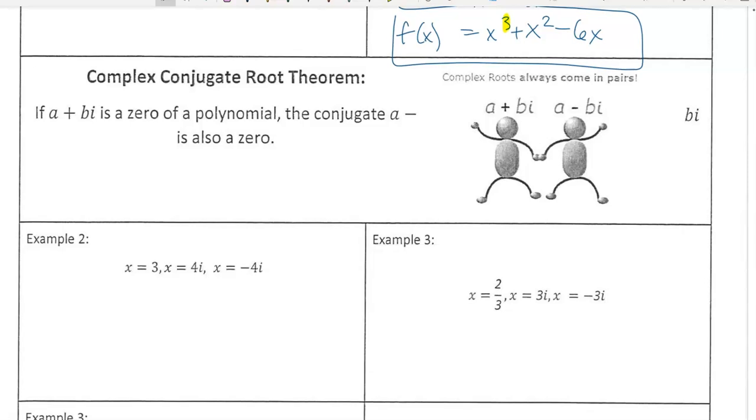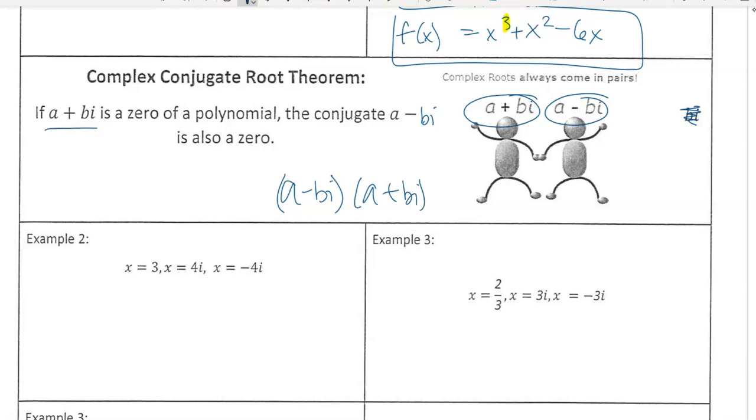Now, still following the same steps, there is a note here about the complex conjugate root theorem. It says if a plus bi is a zero of the polynomial, the conjugate a minus bi is also a zero. So we cannot have one complex root without the other. So if we have a minus bi somewhere, that means we will also have a plus bi, and opposite, just like it says. If we have a plus bi as a zero, then the conjugate, or the opposite of that,